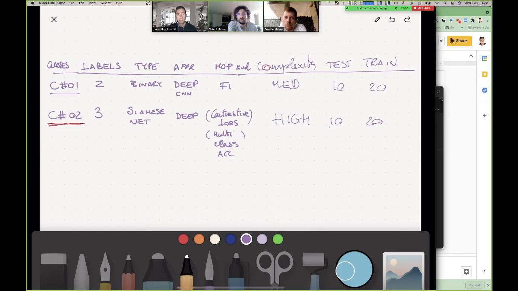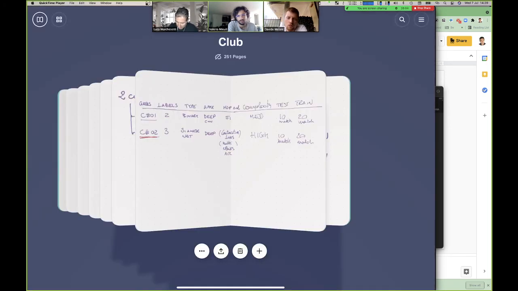For C2, maybe it is 3, because we are identifying 3 groups: Team A, Team B, and rest. So if these are 10 matches, let's say we take this decision in a different way. So we take this decision by looking at,